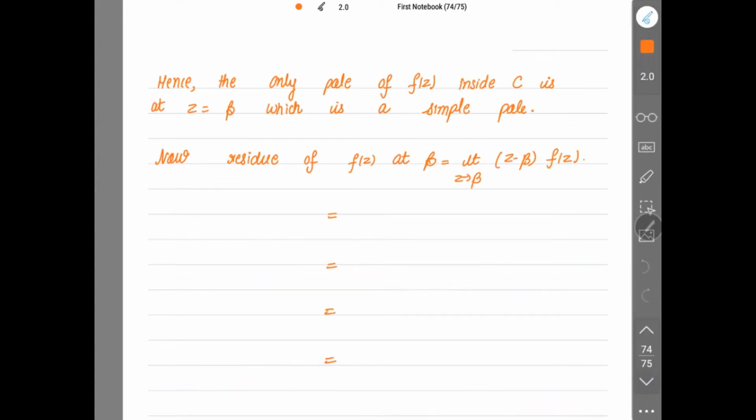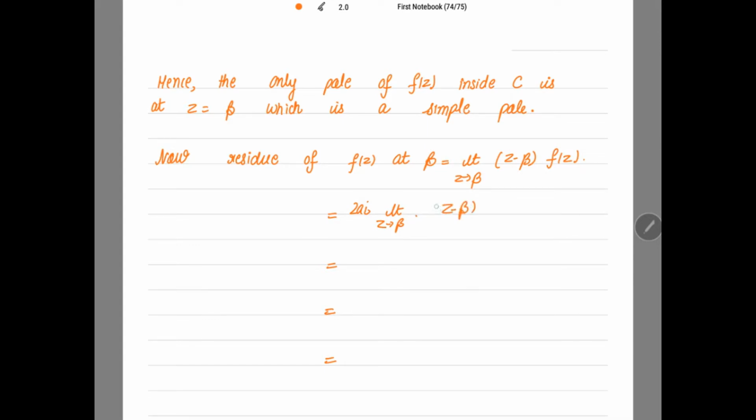Now it's the turn for beta. Very good. Hence, the only pole of f(z) inside C is at z equal to beta, which is a simple pole. So the residue of f(z) at beta is equal to limit z tends to beta, (z minus beta) into f(z). So this is equal to 2a iota, I am putting the value of f(z) over here, limit z tends to beta,